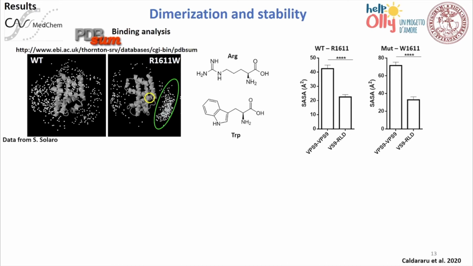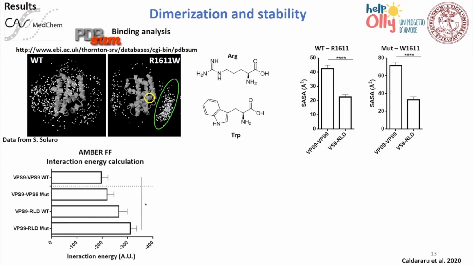And also another consideration we made starting from this point. If one calculates the solvent accessible surface area here for wild type and mutated VPS9 domain, respectively in the interaction with another VPS9 domain or with an RLD, one sees that always, in this case, the solvent exposed surface area of the interaction with RLD is reduced. So it's pretty sensible, we concluded, that the arginine harboring wild type sequence might be most likely to expose this to the solvent and therefore interact with another VPS9 domain, while we hypothesized that the mutated one would prefer to interact with the RLD domain.